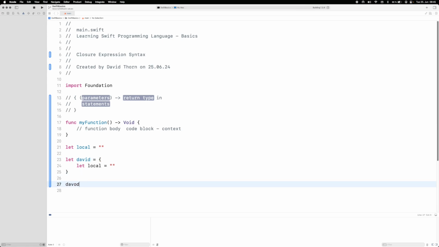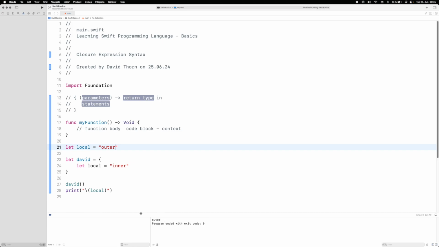And as you can see here, we can call David, right? But the two local variables, if we just print this out once again, and then we just say local, and we'll say inner and outer,